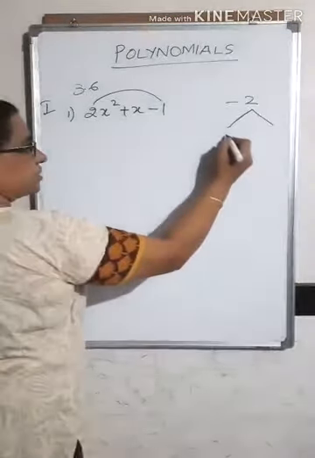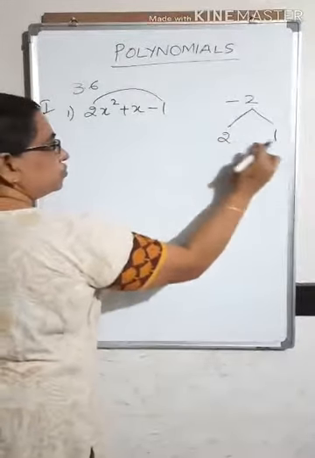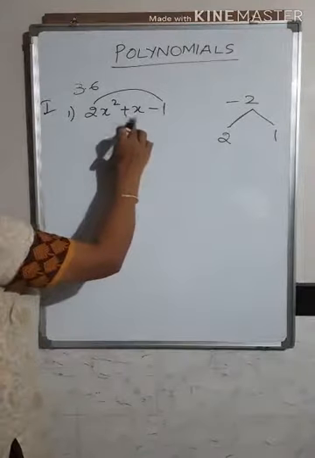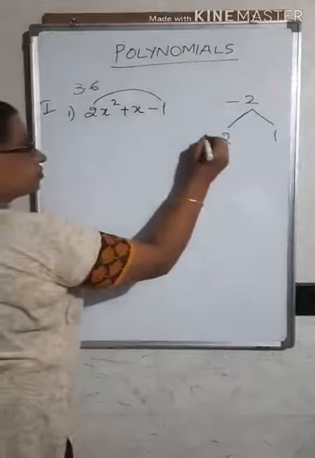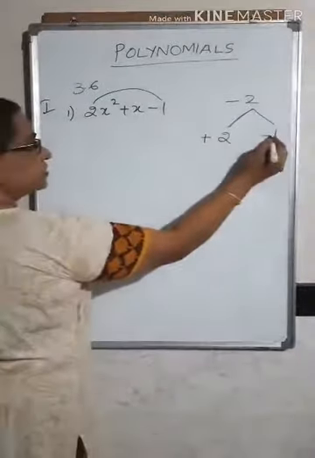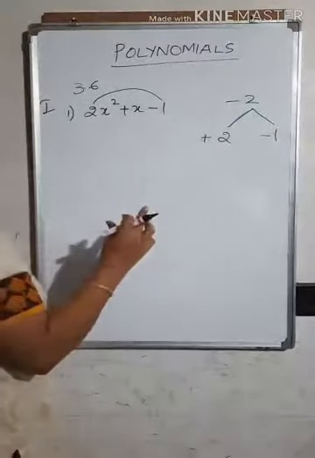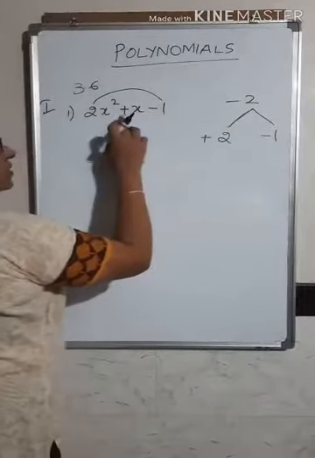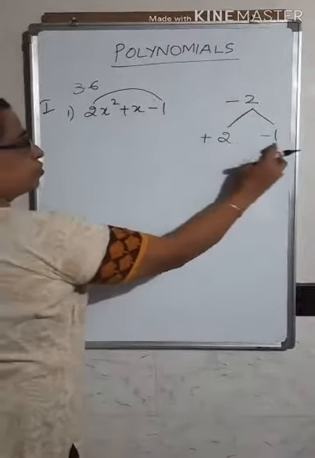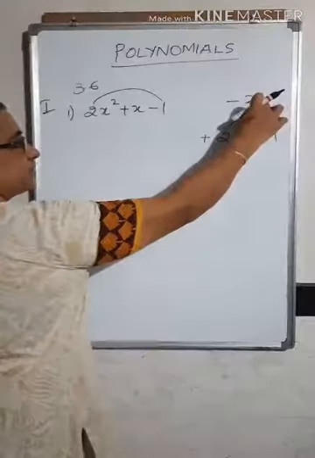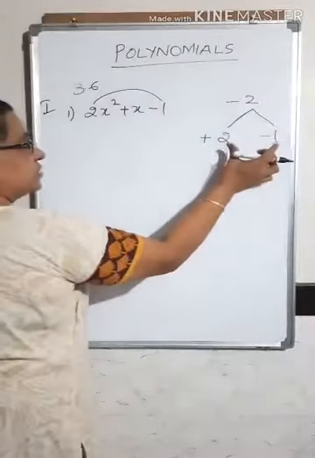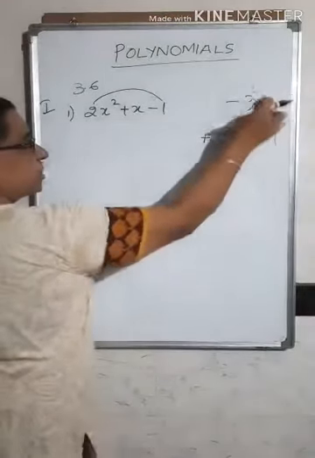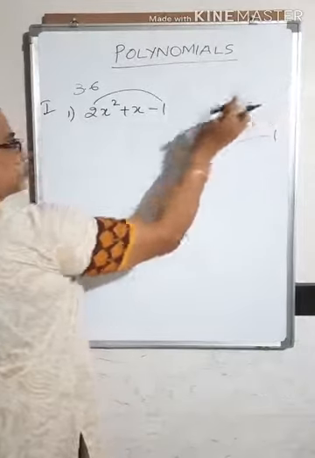So the factors of minus 2, that is 2 into 1. 2 ones are 2. Now how to choose the signs to get a plus sign here? To get a plus sign here, you have to take this with a positive sign and this with the negative sign. Now just simplify and see whether you are getting the terms here. Plus 2 minus 1 is plus 1. Plus 2 into minus 1 will be equal to minus 2. So like this you have to simplify this. When you simplify, you need to get the middle term. When you multiply these two, you have to get the term which is there on the top.